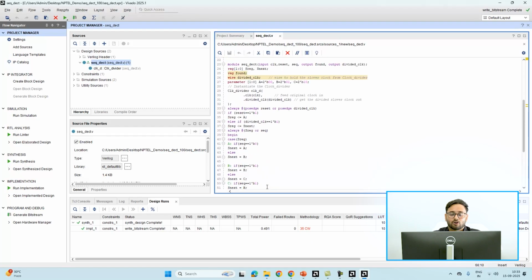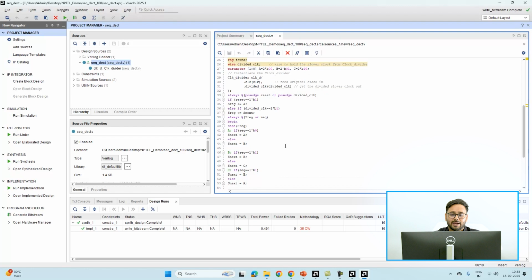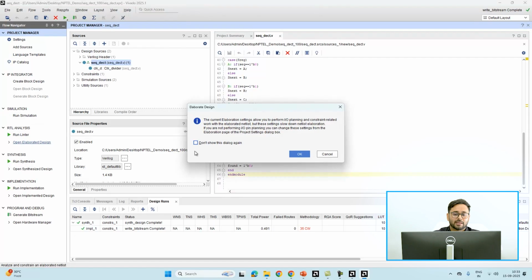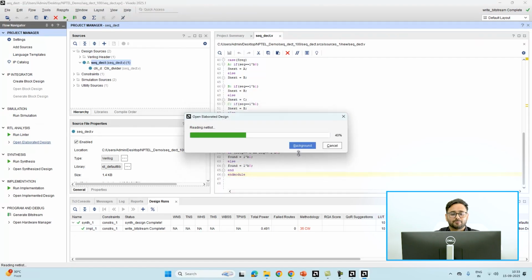So this is the code. It is already explained in the lecture slide, you can refer to that. Now we'll click on the RTL linter, it will check for any error. If I open the design, open the elaborated design again,